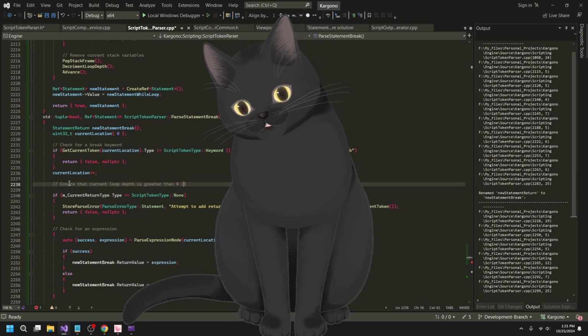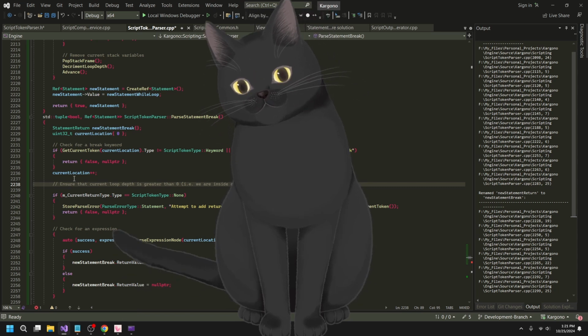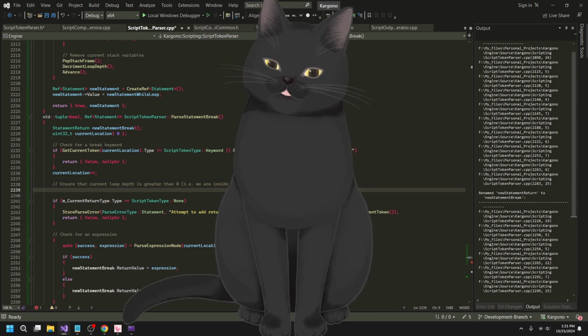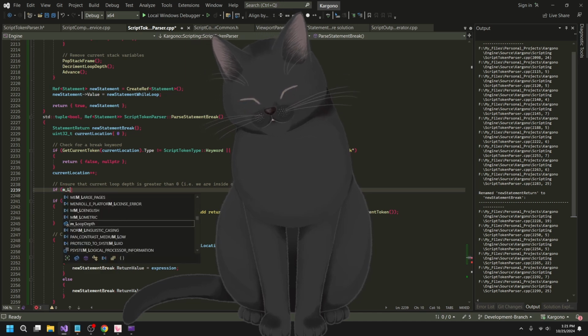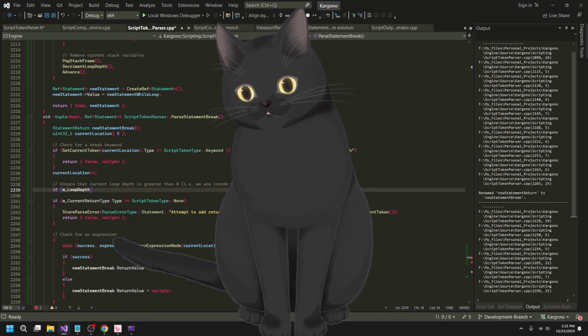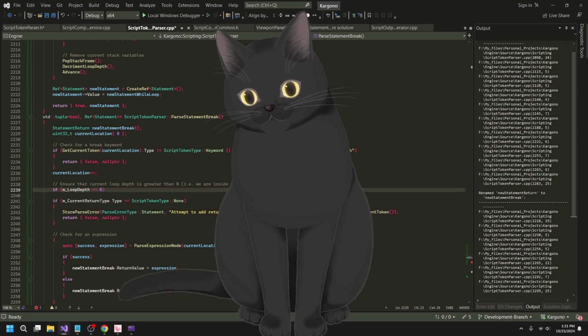I'm going to say, i.e., we are inside of a loop body. So I'm going to do m underscore loop depth is equal to 0.